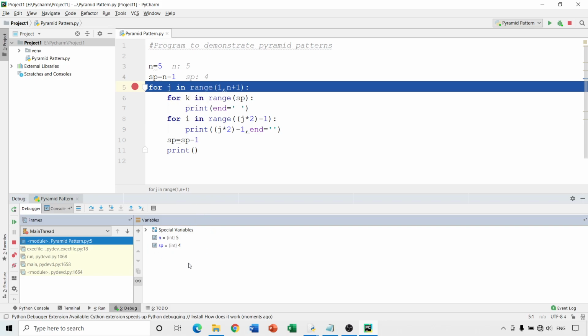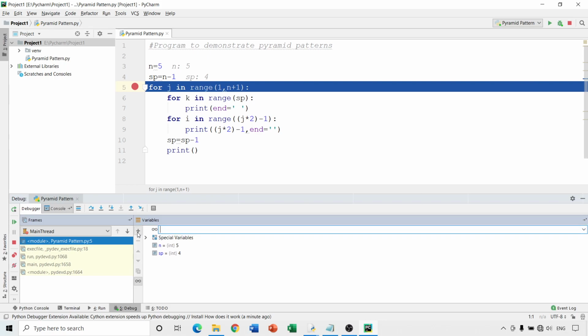But this bottom part is also very useful. You can keep on adding the variables over here. You can think of this as a debug window or a watch window. Now, if I click on plus, it is something similar to a new watch. So let me try to add, for example, something over here, and SP is there.